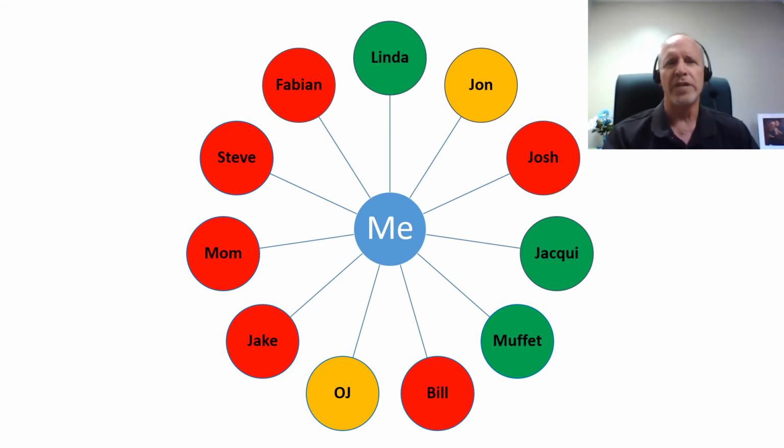So those are the 4 steps to identifying your relational network. Number 1, make a list of the people in your relational network. Number 2, identify who's your 8 to 15. Step number 3, map your 8 to 15. And then step number 4, color code your 8 to 15. In our next presentation, I'll talk to you about how to do everyday mission with the people who are in the different color codes, red, yellow, and green.